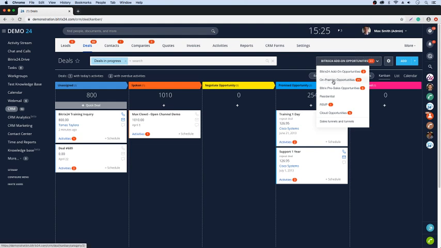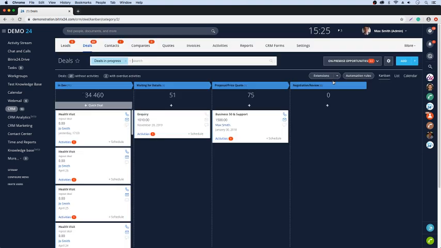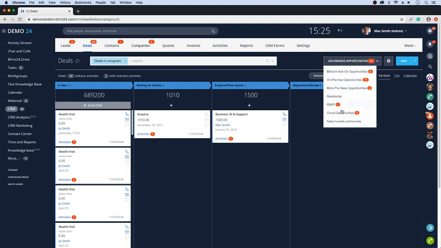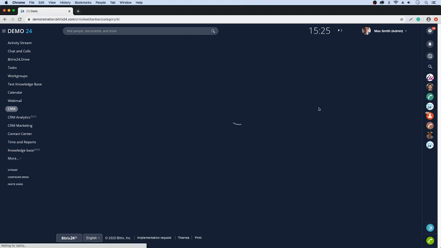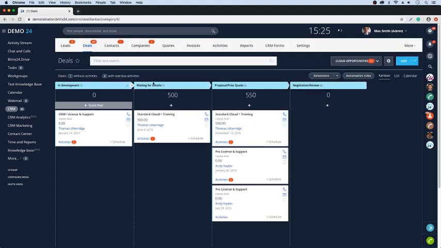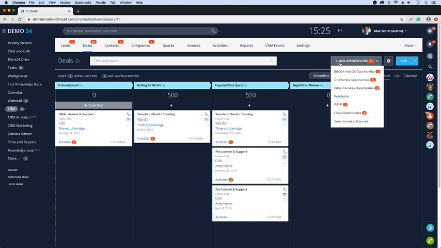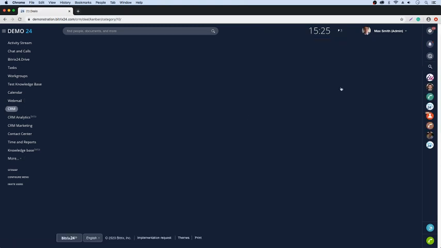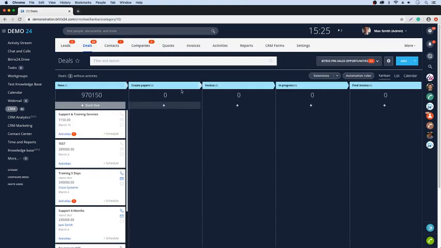So if I clicked on on-premise opportunities here, what you can see is that we have a complete set of different stages within this pipeline. And again, if I go into cloud opportunities, you will see again that we have different stages. And again, if I went to pre-sales, you can see in here again, we have a complete set of different